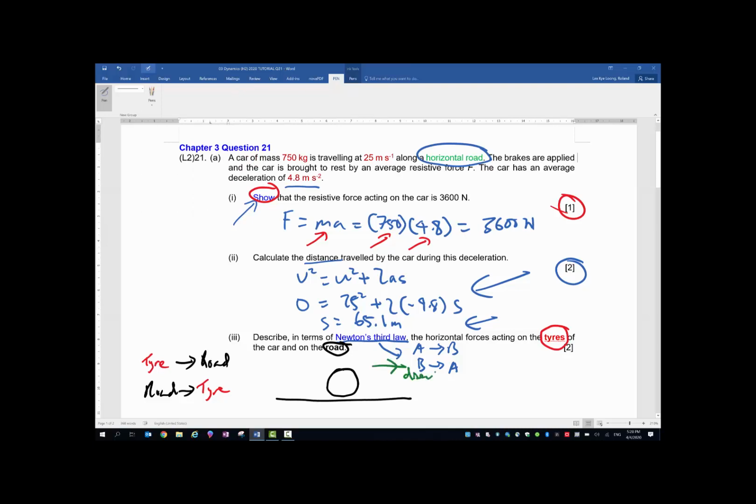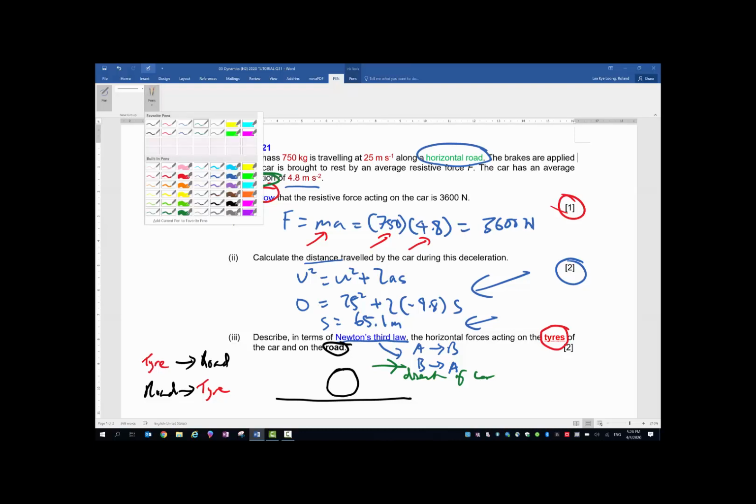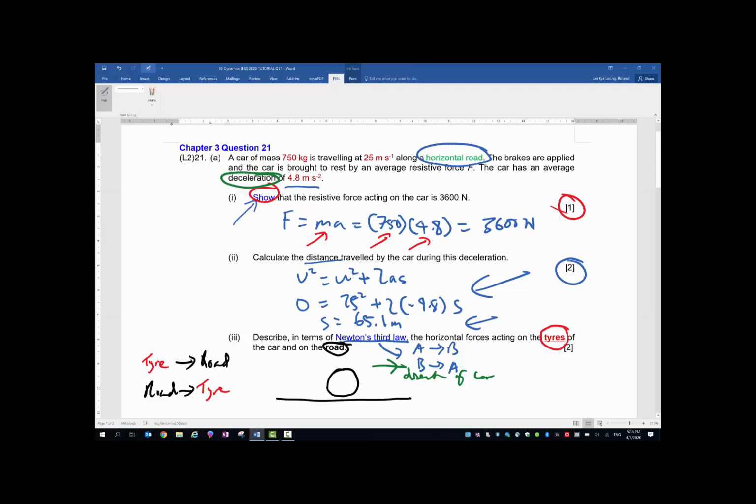Okay, direction of car. So since it's moving to the right and it is decelerating, it means that the force exerted on the tire, which is the car, is in the opposite direction. Okay, so this is the force that is road on tire. Okay, and with that, the equal and opposite force, that is the action reaction pair, will therefore be T on